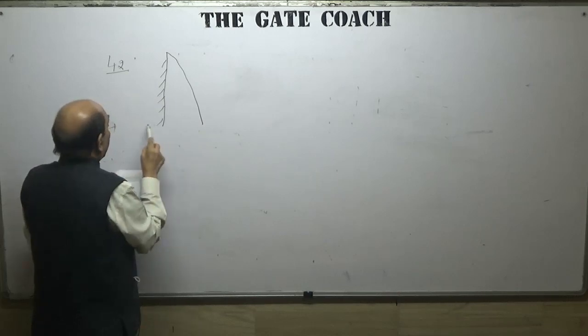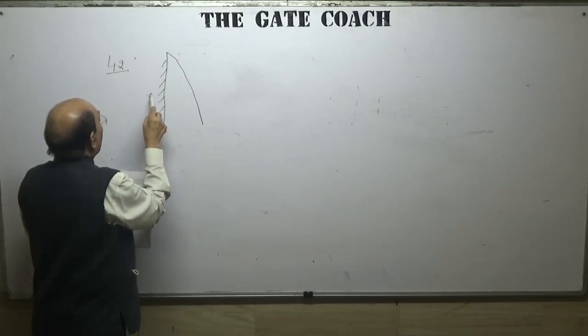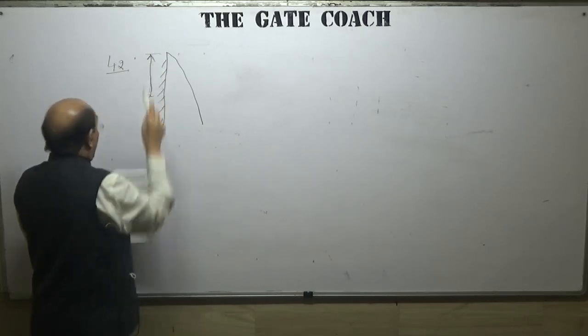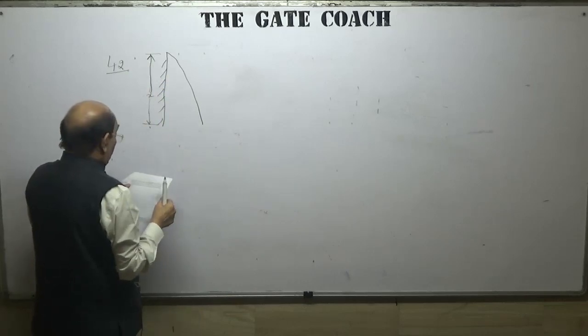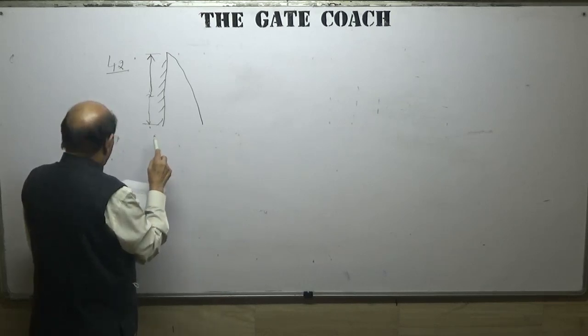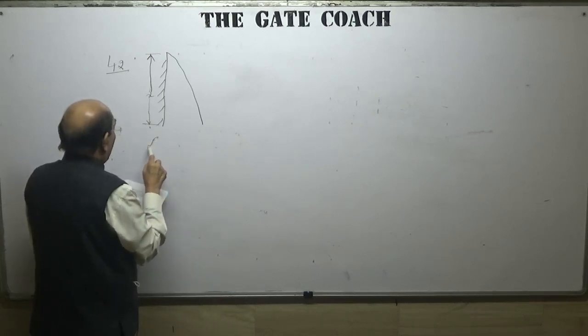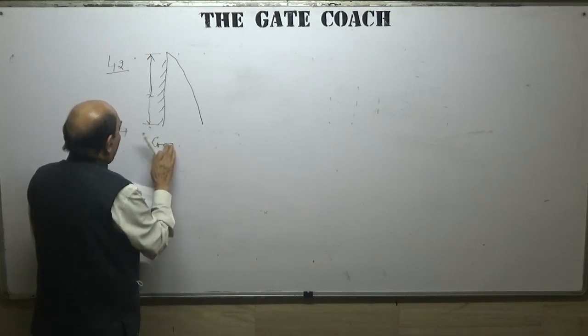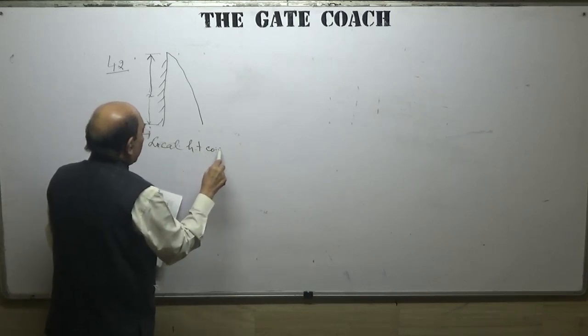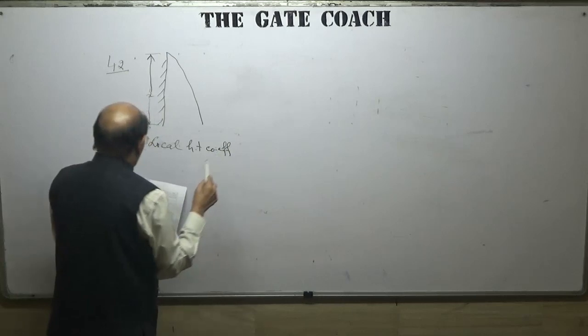X is the vertical distance from the top edge of the plate, and the local heat transfer coefficient